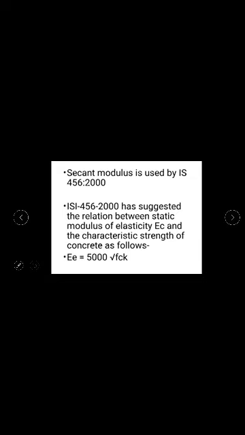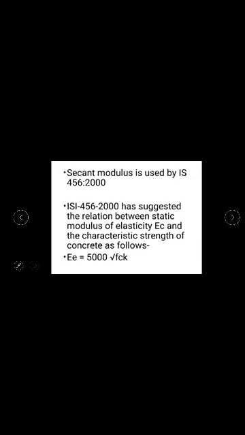So this Young's modulus of concrete Ec, or the static modulus, is also called the short term modulus. It is based on the secant modulus. Secant modulus is also based on short term load, that is the live load. So for consideration in a few designs, the long term modulus is also considered. The long term modulus is given by Ec by 1 plus theta, where theta is known as the age factor of concrete.